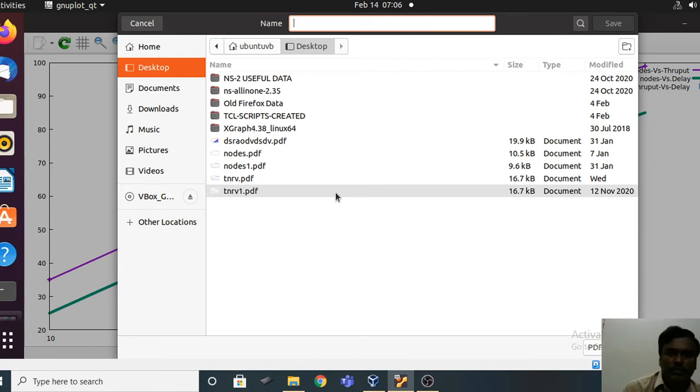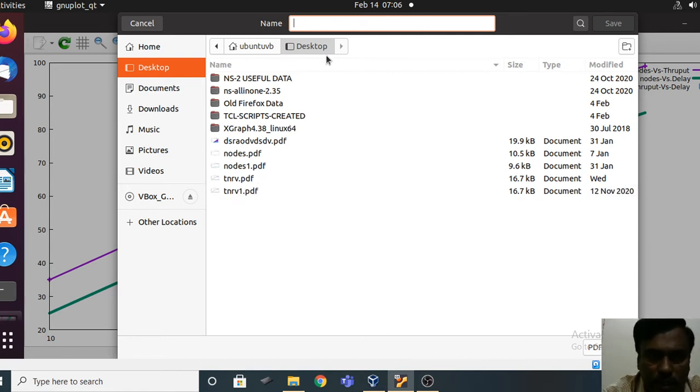So by default it is showing this desktop itself. So you just give the name for that, data1, right?